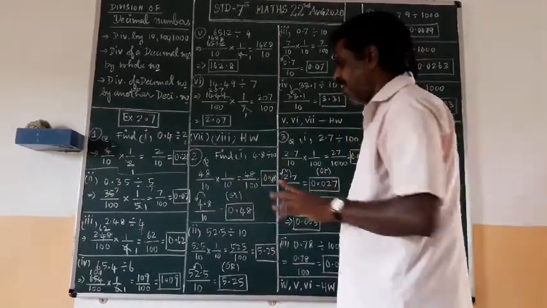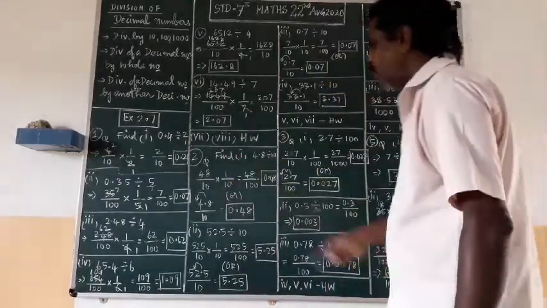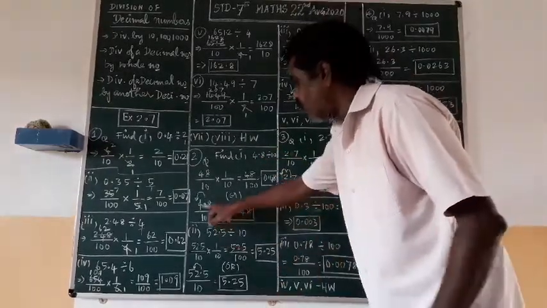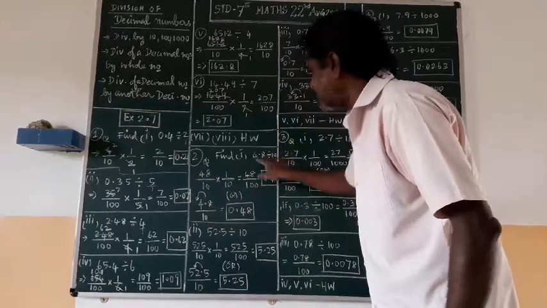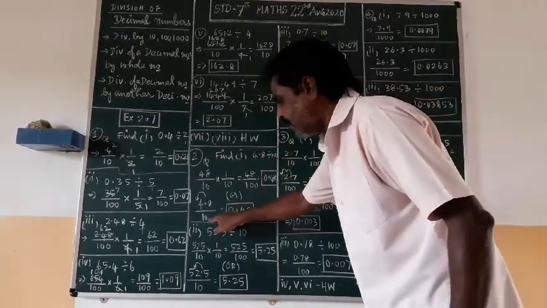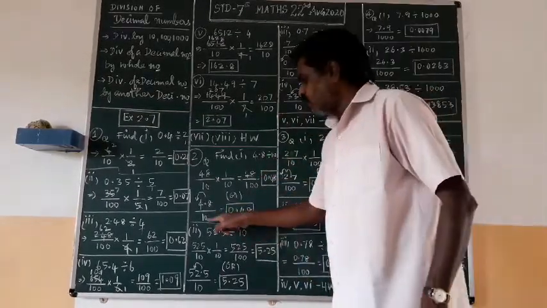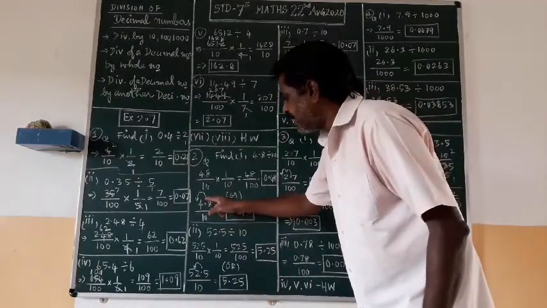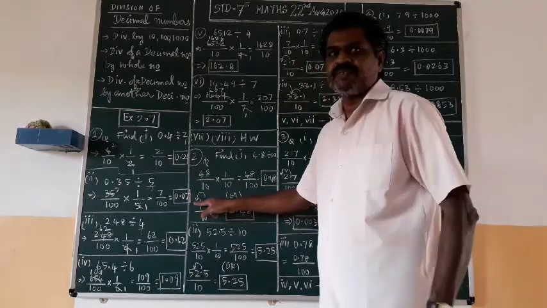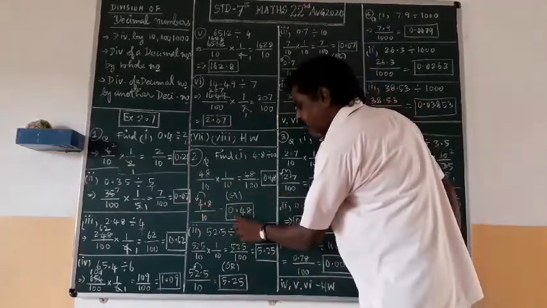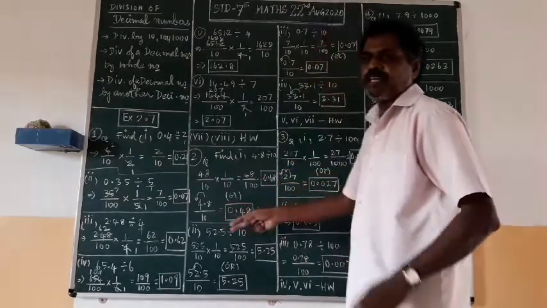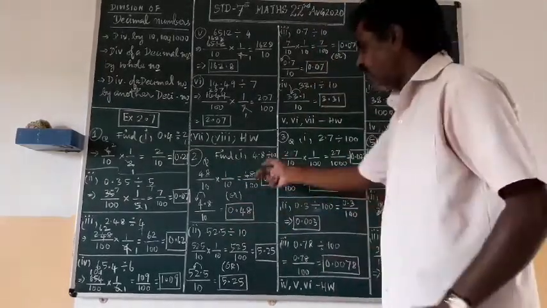This is one method. Another method directly we can do. 4.8 upon 10. Write it in division form normal. 4.8 upon 10 as it is. 4.8 divided by 10 means upon 10. Then you see 10 means 1 digit you have to move. Already 1 decimal is there. Move that decimal 1 digit after. So directly you get 0.48. Either this method you can do or this method you can do. Whatever you feel easy, you can do any method.